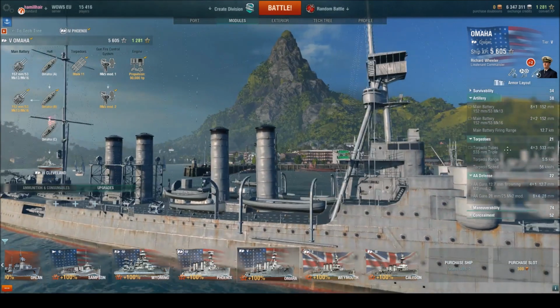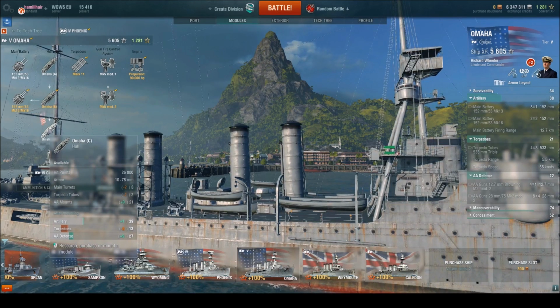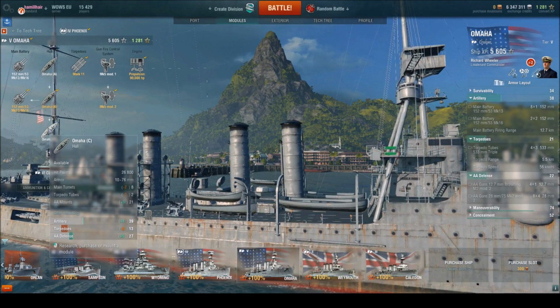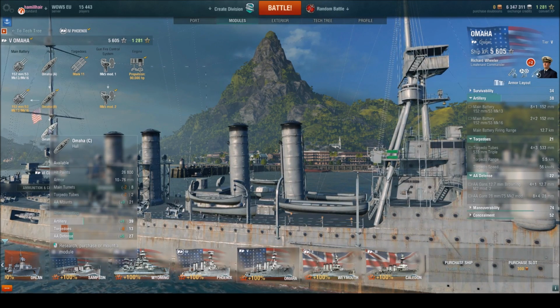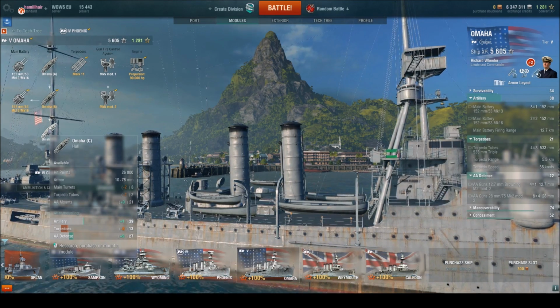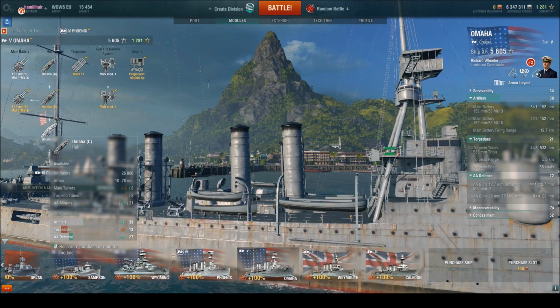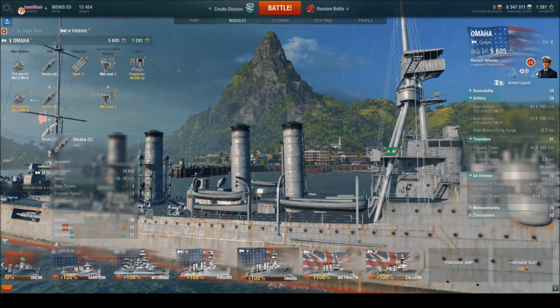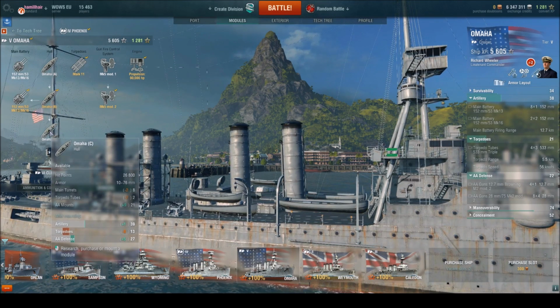Now, if we go to the Omaha C hull, you'll see that we've taken the main turrets down by 2, the torpedo tubes are down by 2, and the AA guns have gone up by 9, so there's a big increase in anti-aircraft armament and a decrease in the number of guns and torpedo tubes. However, you'll also see towards the bottom of this little box that the artillery rating has gone up by 1, even though there are fewer guns. So if we go back to the Omaha C hull,